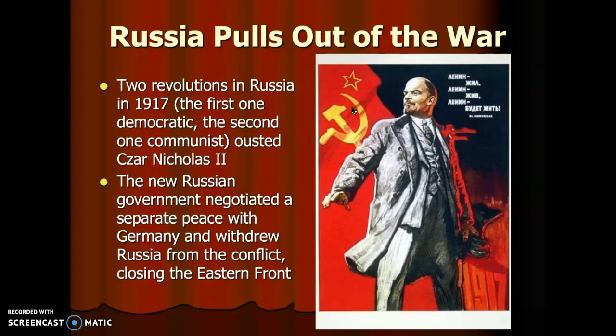And so Russia pulls out of the war. They negotiate a treaty with Germany and they withdraw. Why is this an issue? Why does this upset the Allies? Because Russia was an ally to the Allied powers. So when they quit, Germany can take their troops that were fighting in Russia and send them back to the lines of France. Great Britain and France have now lost a tremendous ally in the Russians.